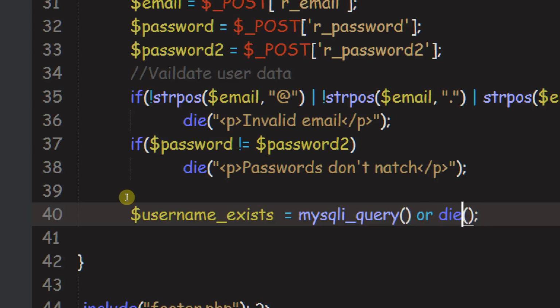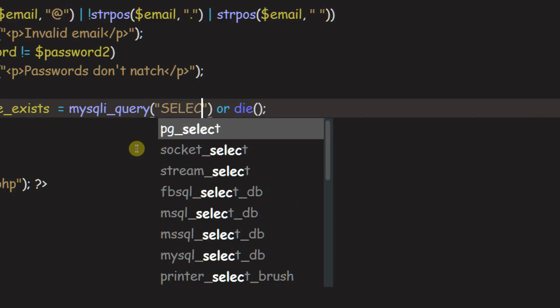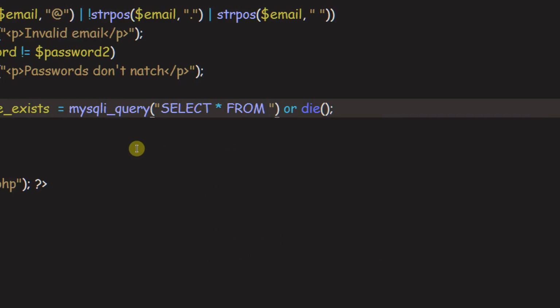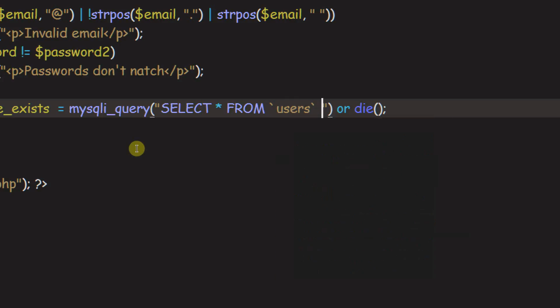Or die, and inside of the MySQL query parameter, we're just going to put in select asterisk from, inside of here, instead of our graves, users, where username is equal to